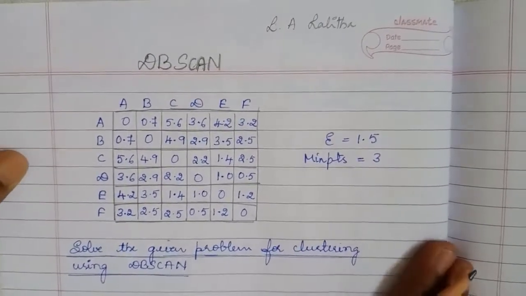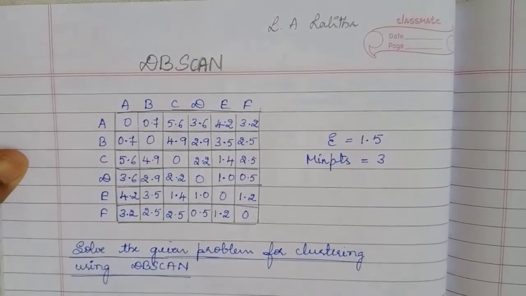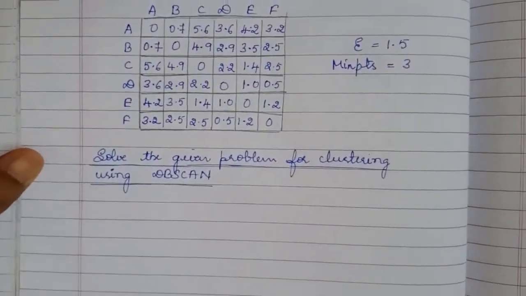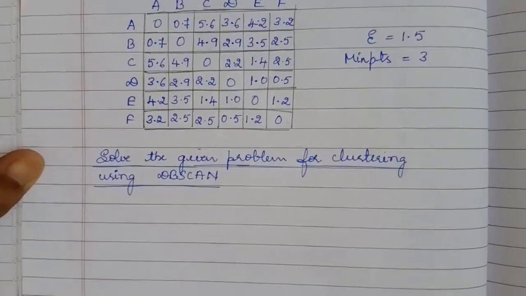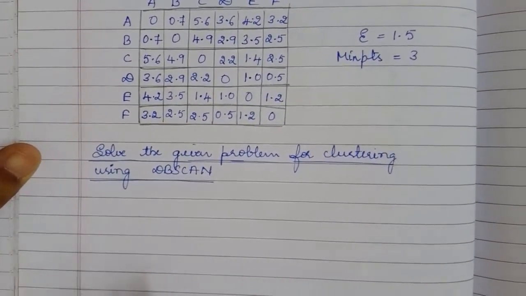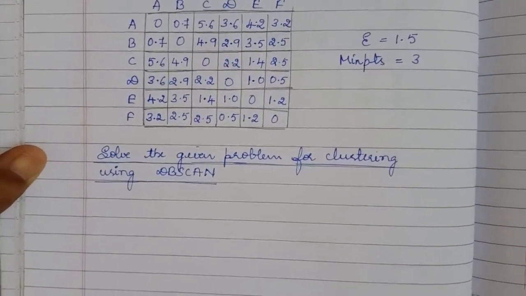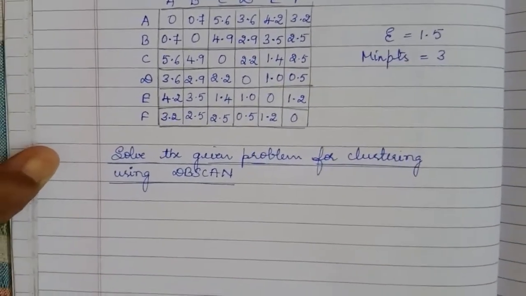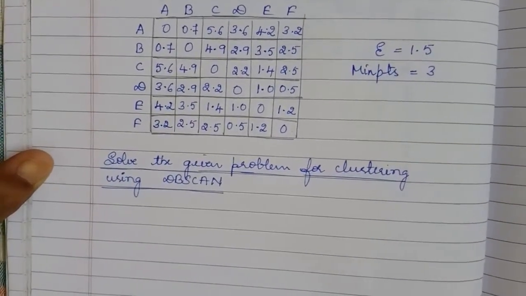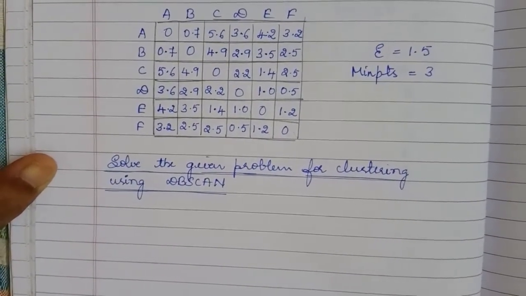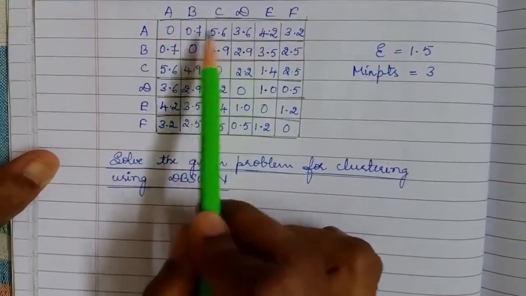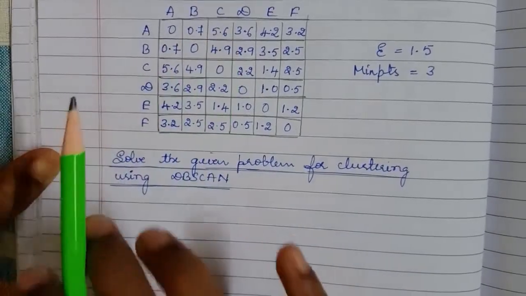The first step in this algorithm is to start visiting the points one by one to decide whether that particular point is either a core point or a border point. Unless you know the core points, you can't decide the border points. If you know the core points and border points, then you can decide the noise points. So first we will assume all these points are noise points or border points in the initial steps.